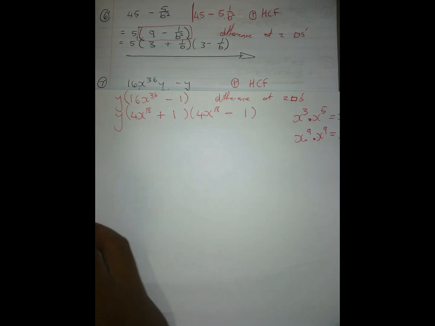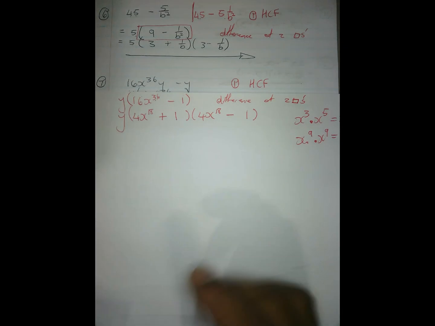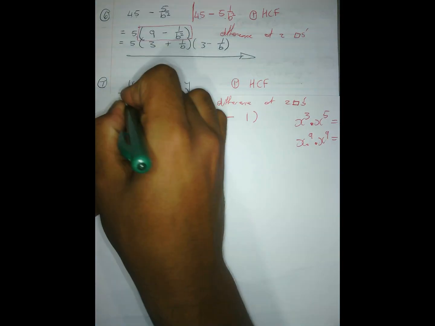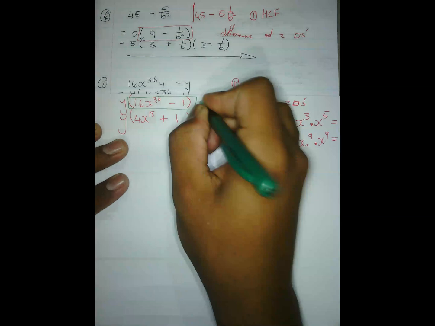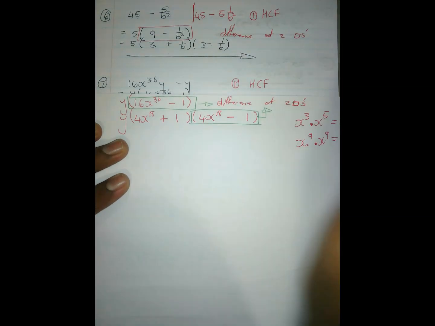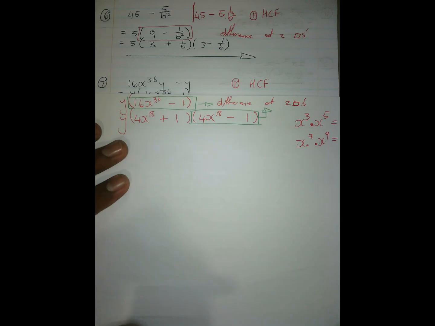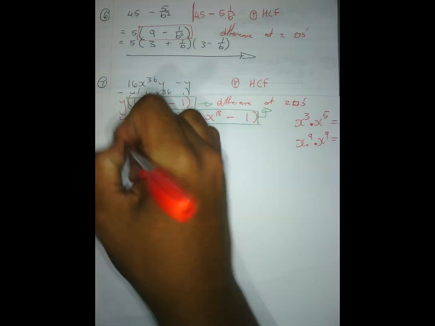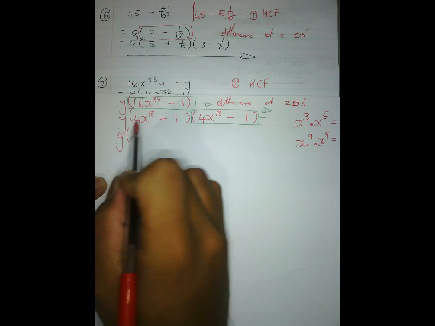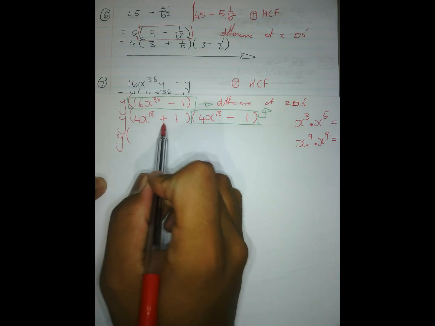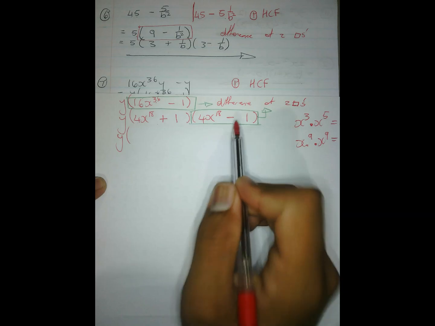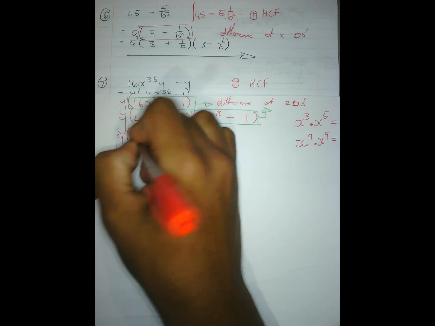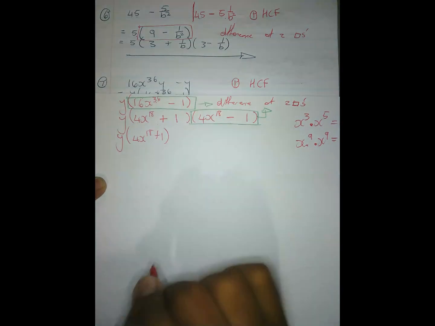that this is a difference of two squares, yes, and also this. This now becomes a difference of squares. So, how do I do this now? I write down my highest common factor and I write down my first bracket because I can't factorize this bracket anymore because there's a plus sign now here. You only factorize when there's a negative in a difference of two squares over there. So 4x to the power of 18 plus 1, I write as is.